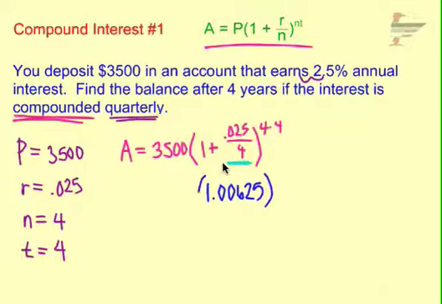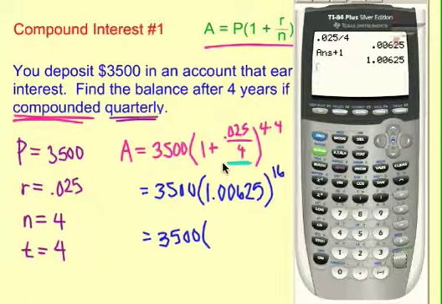We're going to raise that to the 16th power, that 4 times 4, and then multiply by 3,500 in the end. So if we take that decimal, and here's my exponent button, so that means it's going to take the answer of 1.00625 raised to the 16th power, and we get